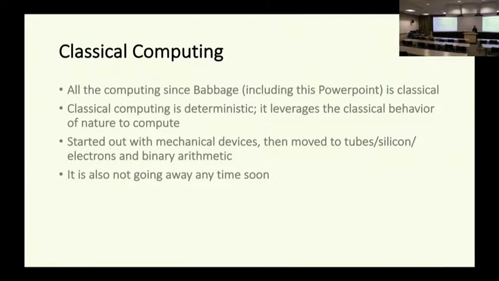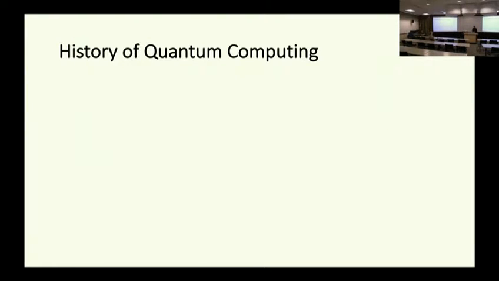It's also not going to go anytime soon. First of all, quantum computers are not here and it's probably going to be quite a while before they become truly practical and available. Secondly, they're extremely expensive, and will be for the foreseeable future. And also they're not good at doing every single sort of problem, at least as they are today. And so classical computing is going to be with us.